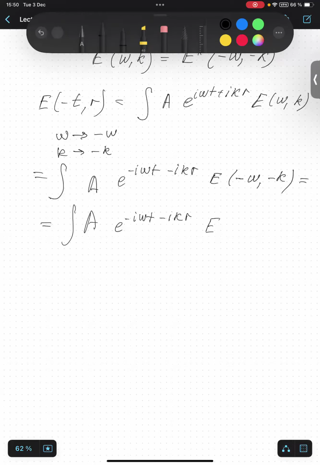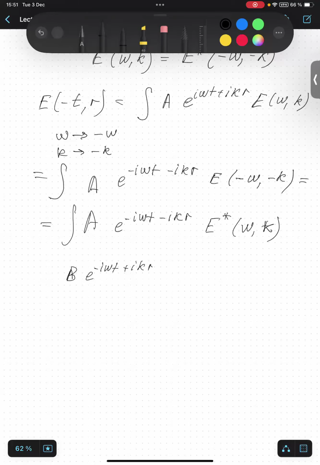We can substitute this relation that we already obtained. Okay. So if we have a plane wave solution, now I will call it b already, e^(-iωt + ikr). So some plane wave